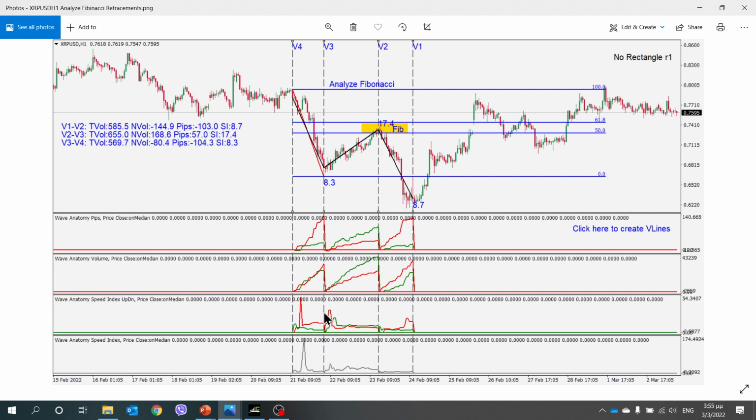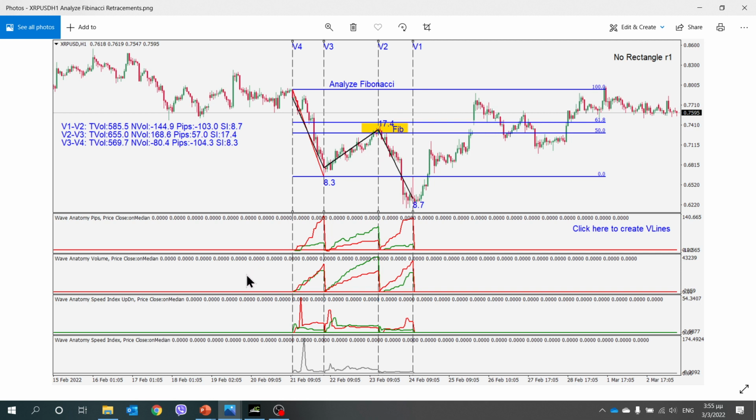By looking at this, I'm trying to figure out if this Fibonacci will hold and price will go down, or it will keep going. Now, how to do that? This will come in different educational lessons.